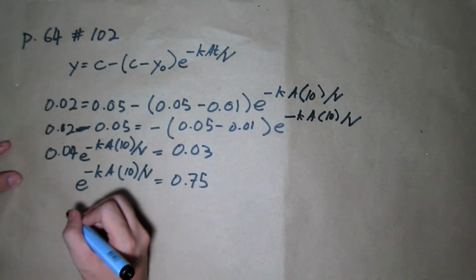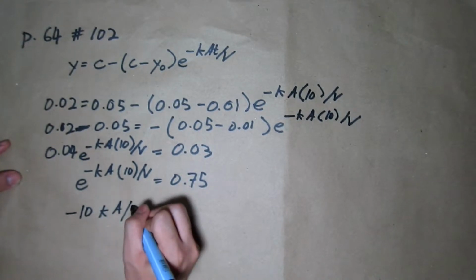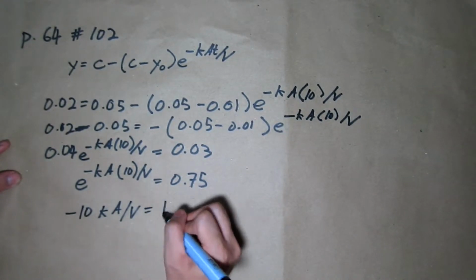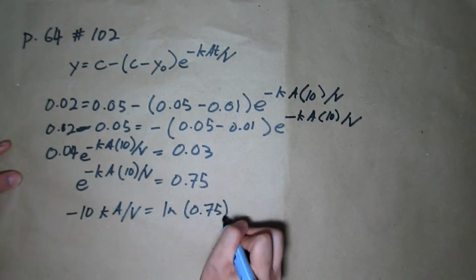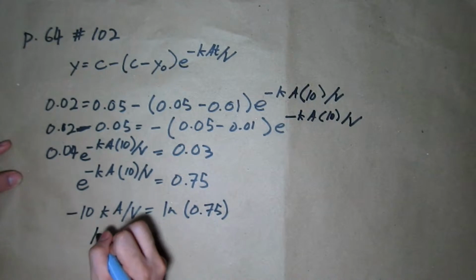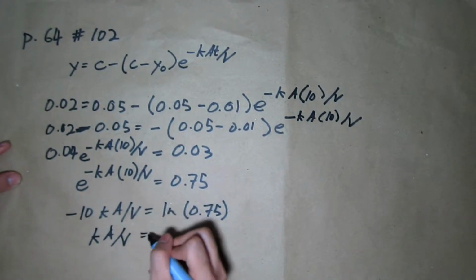Then negative 10 ka over v is equal to ln of 0.75. Then ka over v is equal to